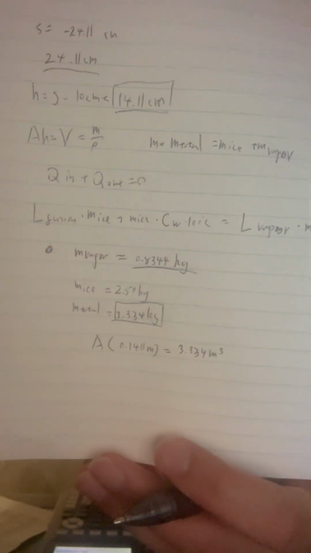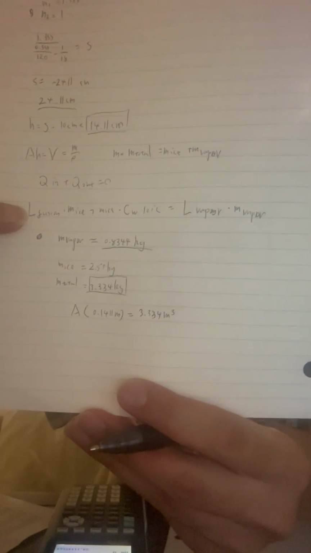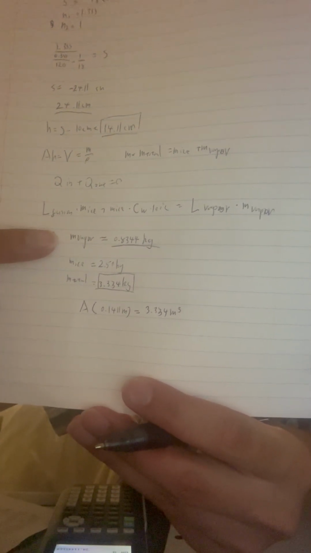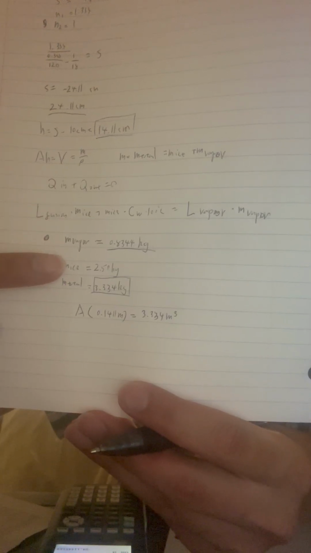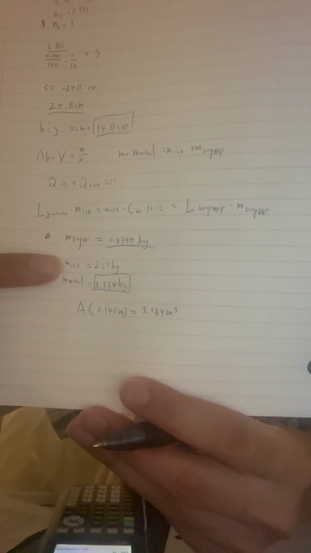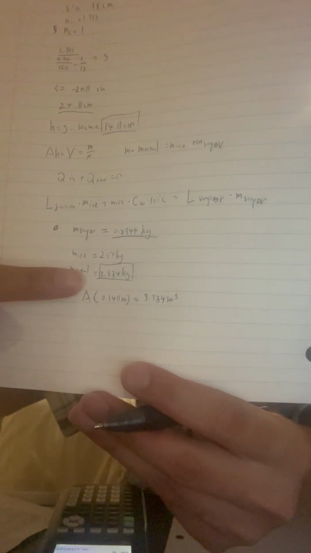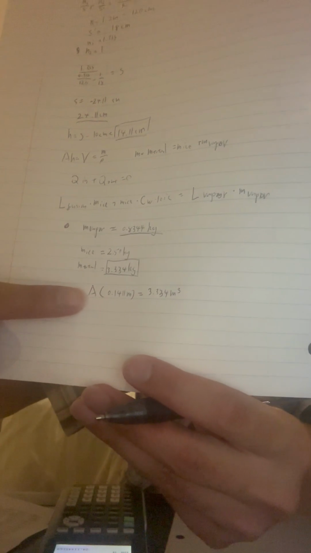Throwing it to the right hand side, you can see this is the equation I'm using in order to get the mass of vapor that is condensed, and the mass of ice that is melted is already given. The mass total is these two added together, which is this, plugging that over here, and since the density is 1, we simply do unit conversion divided by the height we found. So this will give us a final A of